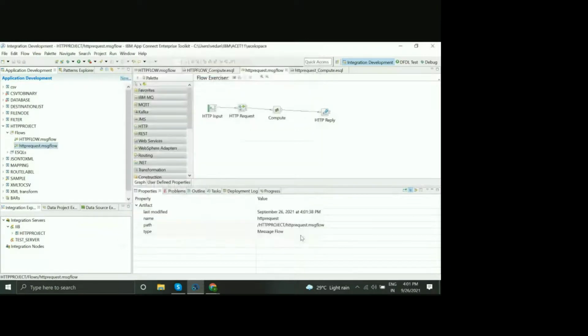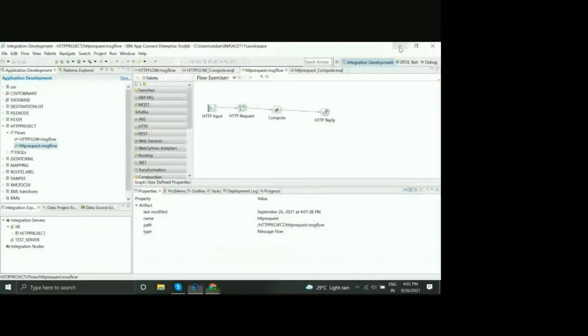Okay. Go refresh that page. So now you get the first message as well as the second. When you invoke this web page, it is in turn invoking the original URL. The work of an HTTP request node is to invoke an HTTP URL and get a response from it. That's the difference.